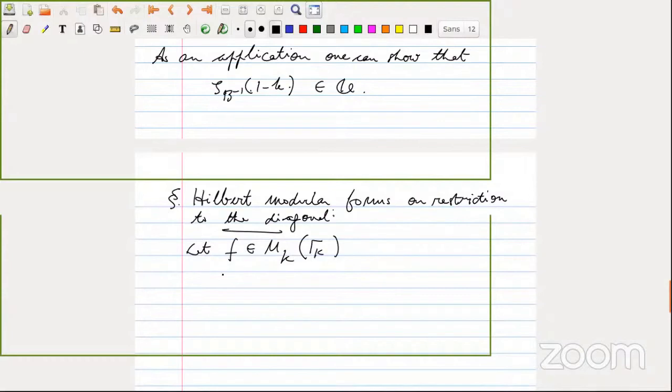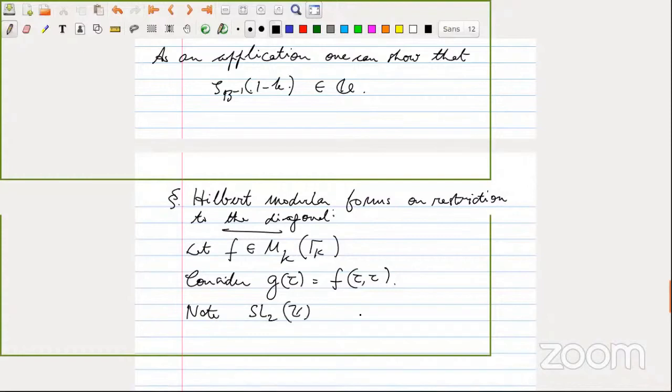Okay, and I'm going to consider then we consider this modular form. Okay, g(τ), which is nothing but f(τ, τ). Okay, so let's make this observation now. Note that